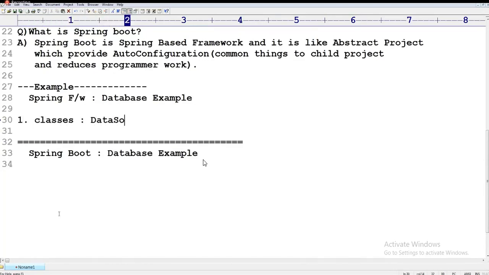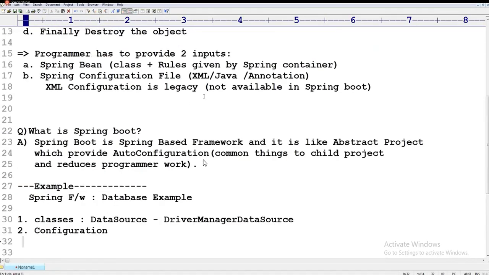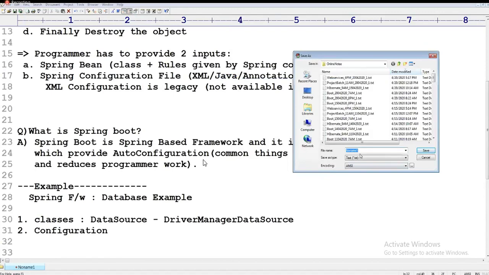The interface is called DataSource and the implementation, assume, DriverManagerDataSource. Assume these classes are required, and second, configuration is required. I'm taking Java configuration. If you don't know how to write Java configuration, not to worry. I'm going to explain this in upcoming sessions. Today I'm just showing the differences.